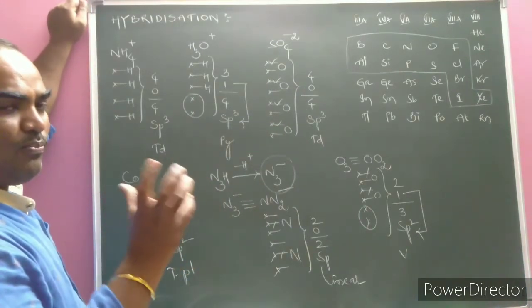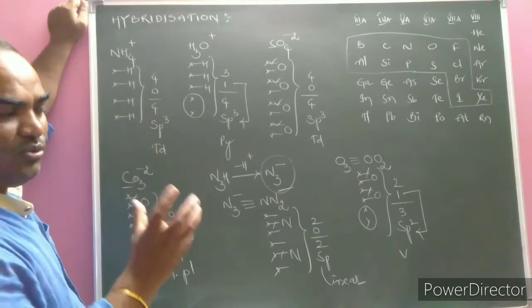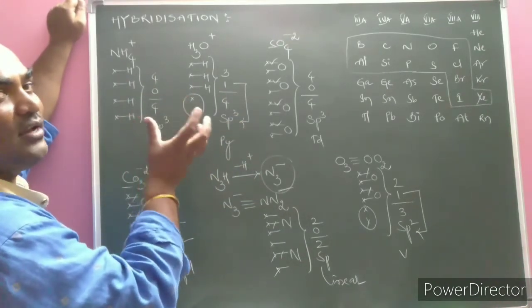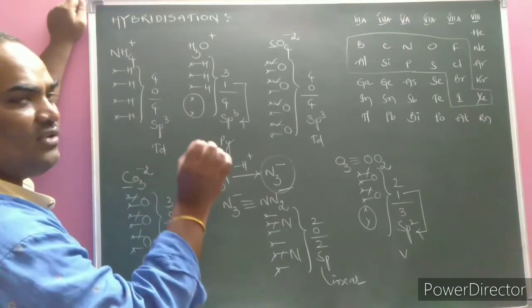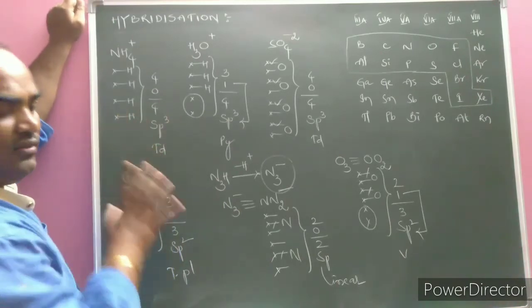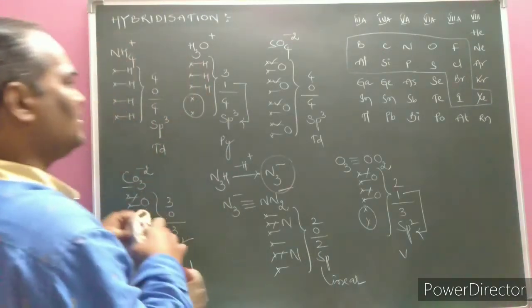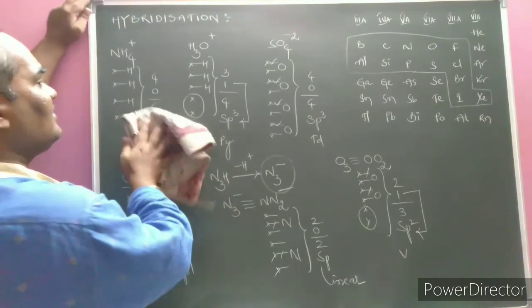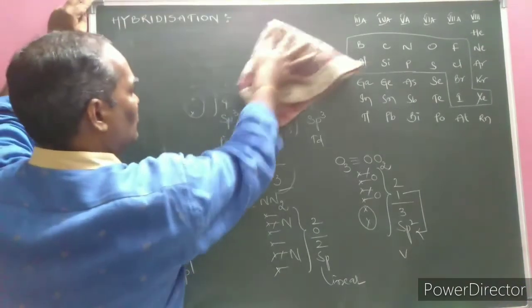When the lone pair of electrons in any molecule is 0, only in that case do we exactly discuss the bond angle. Otherwise, we discuss the deviation in the bond angle from the original bond angle observed. No need to feel tense. When a lone pair of electrons is present, we cannot predict the exact bond angle values.